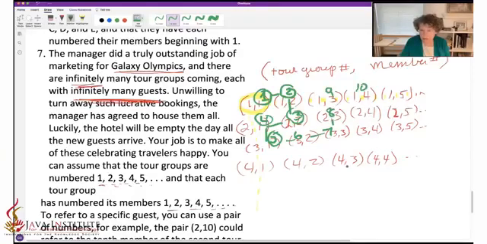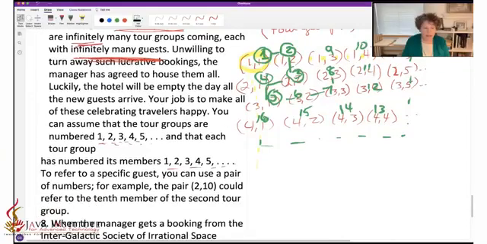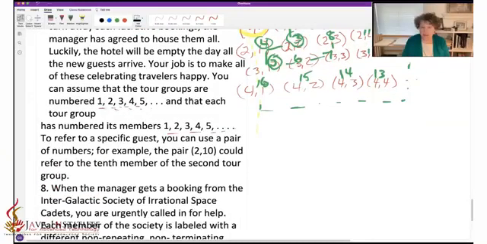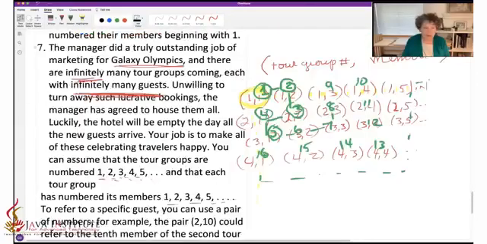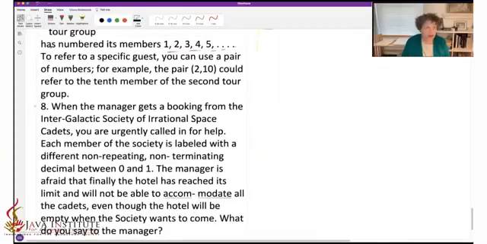And we're not going to worry about the fact that it's going to take an infinite amount of time to assign all the rooms. But you see that if we follow this route, everybody will get a room and every room will be filled up. Okay. So that's how we can do this. We keep everybody happy. We keep the tour group people happy and the manager happy because all the rooms are full. Okay, now